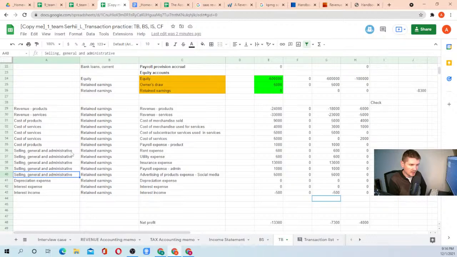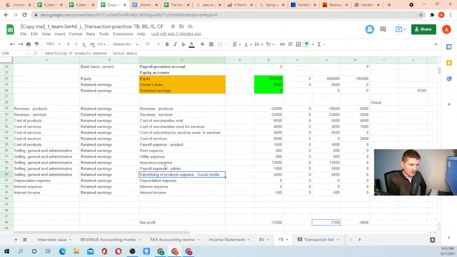But most of the time, if it's straight advertising, then you usually charge it to selling, general and administrative expense. But if you are an advertising agency and you sell some advertising services,